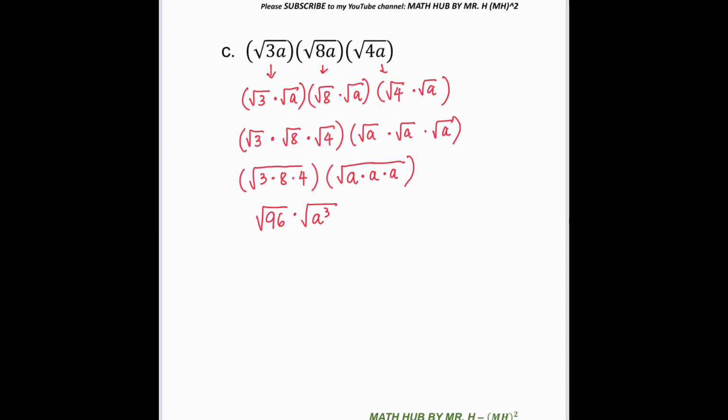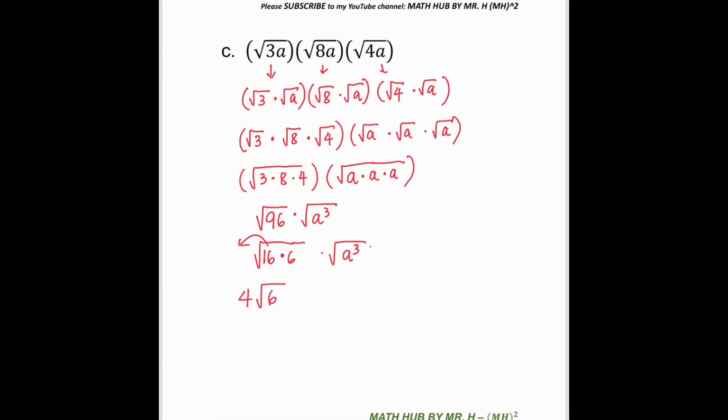Next is, again, simplifying. So square root of 96. Okay, we can write it as 16 times 6. Because 16 is a perfect square. And I think that's the highest perfect square factor of 96 already. And we can leave the a cube. There we go. So square root of 16 is 4. So we take it out. And then we leave the 6 inside because square root of 6 is already simplified. And then for a,